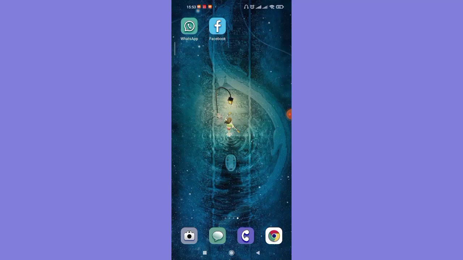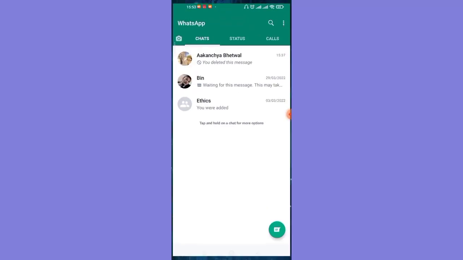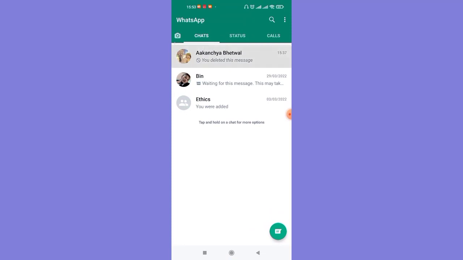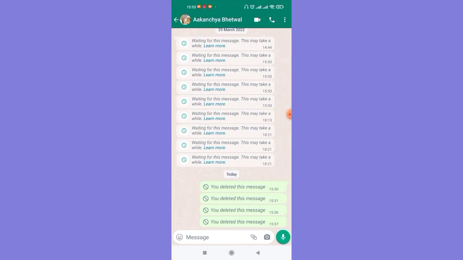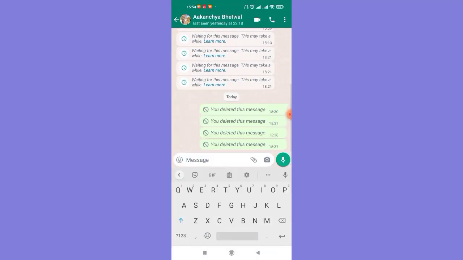First of all, make sure that you're connected to the internet and then open up a platform to where you want to share your Instagram account. So let's say I want to share my Instagram account to someone on WhatsApp. So what I'll have to do is simply open up WhatsApp, select the person I want to share my Instagram account to, and on the message, all I'll have to do is type in